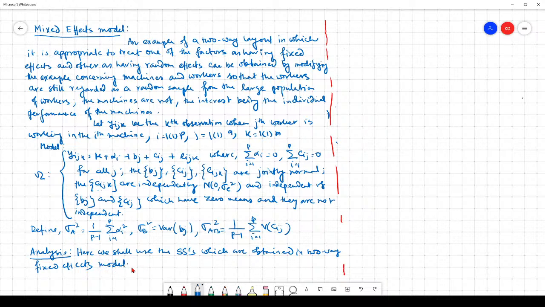If we substitute the model into the four sums of squares defined in the fixed effect model, we get